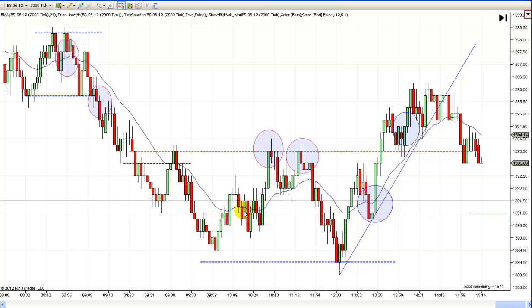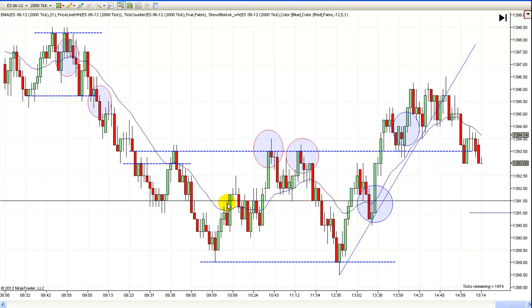It was really risky entering anywhere in there once you got over this overlap, even to the long side. But once you failed to go lower there again, you got a new high. First entry short, pullback, a second entry short. So it's a failed second entry short that reversed into, you could call that on a bigger picture, that would be a second entry long. It's kind of hard to see though, and it would have been risky entering out of this stuff here, but